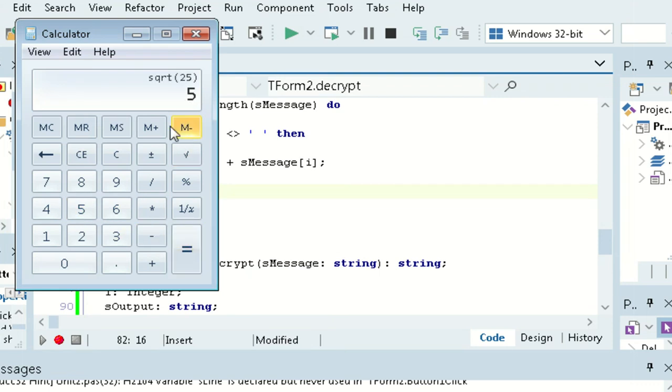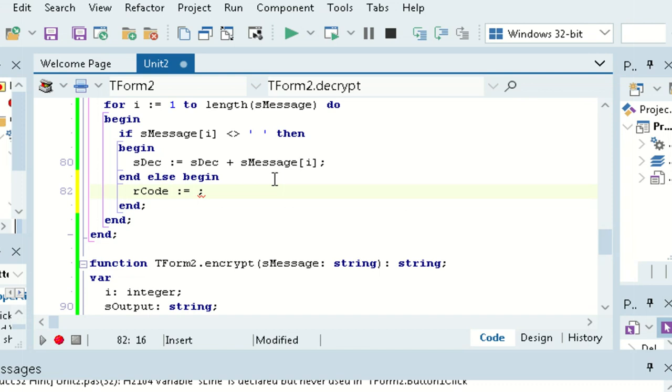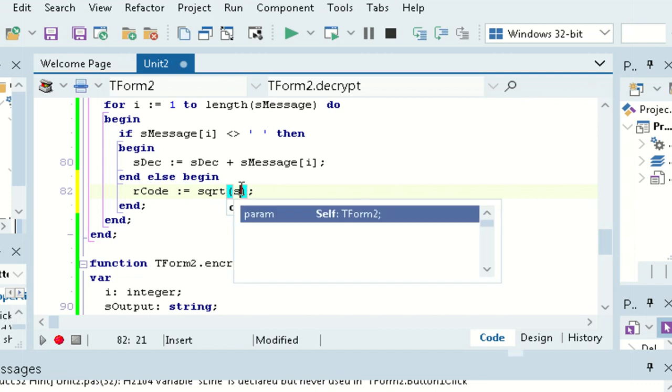Now we can use square root of 25, that's 5. So that's why I chose such an easy encryption method, because it's so much easier to figure out. So we can just use sqrt, which basically means square root, and we can go string